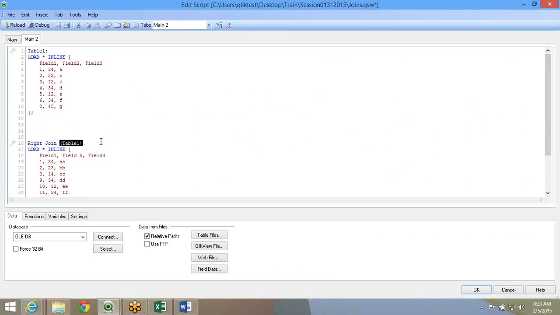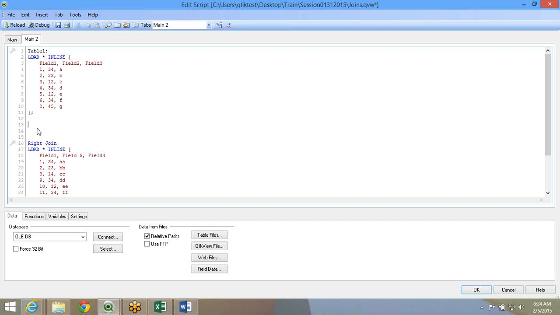Now sometimes you might see some syntax you might come across in your development scenario, something like this. There's just a keyword called right join. So the whole syntax is you'll have to write the keyword and write a table name within the braces. Now if you see something like this where there is no table name, what it generally means is it is right joining to the table immediately on top. So the below table is right joining to the immediately preceding table.